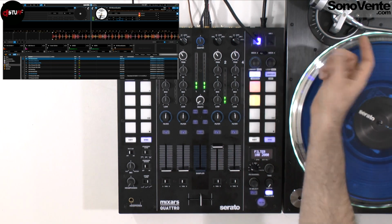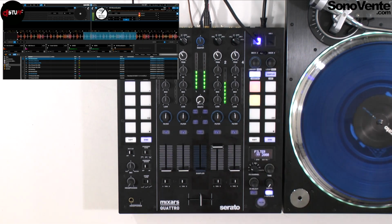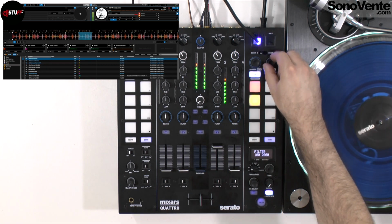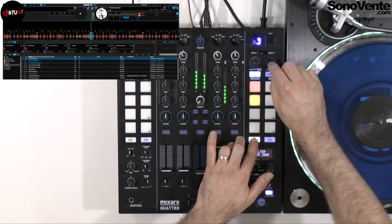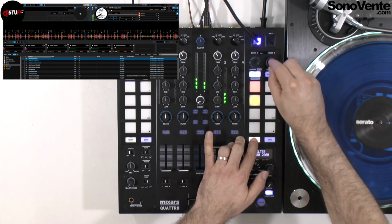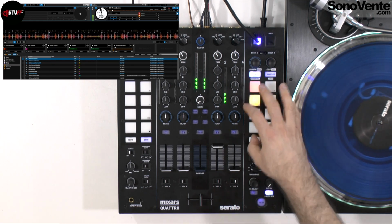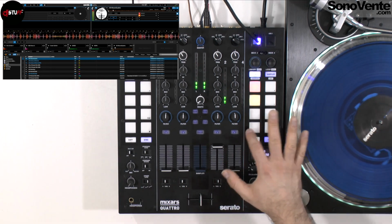You can make the length you want on the loop, like 16, and you push. You can decrease your loop or increase. And with shift, you can make a roll as simple like that. It's very, very easy. After you have your Q section, up to 8 on the right, 8 on the left, for each deck, 8. You can record 1,